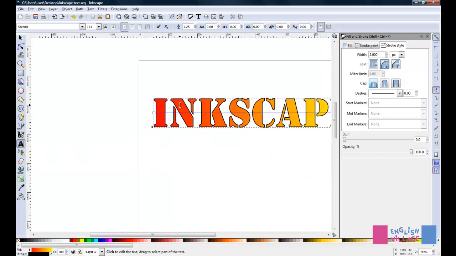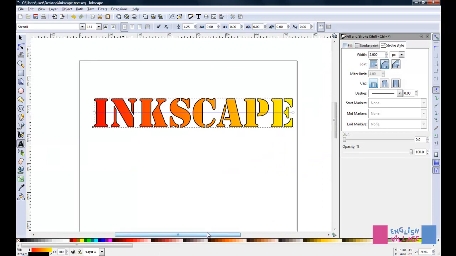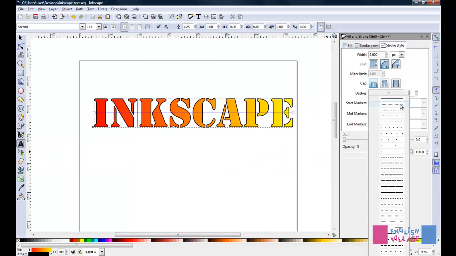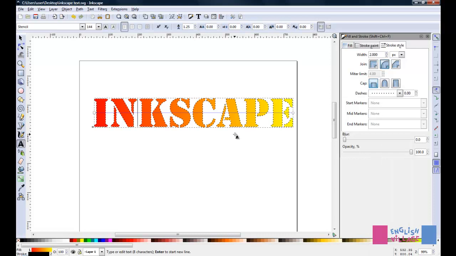You could even do something wacky like change the line style. So if you were to set this to something like these dots, your text is then going to be outlined by these dots. Just one thing you want to watch out for is when you start applying these really advanced effects, like this gradient across these letters and these sort of dotted strokes for the text, then GIMP is not going to do so well with rendering these because this is quite complex vector information and GIMP is not actually